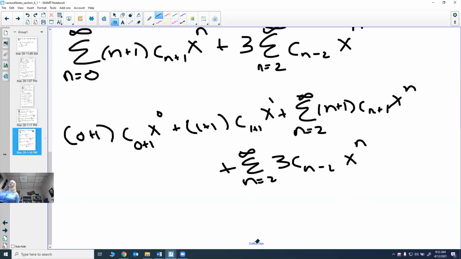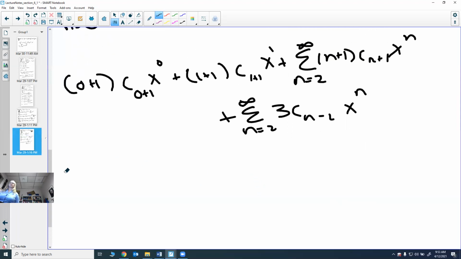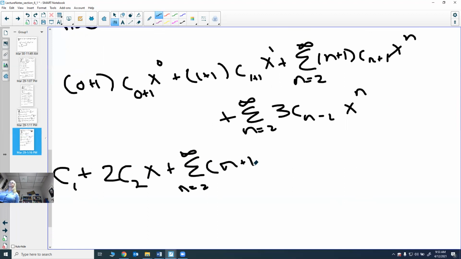So you can actually think about putting them together and factoring out. So now what I have here is 1 times c sub 1 times x to the 0, which is 1, plus 2 times c sub 2 x, plus the summation n equals 2 to infinity of n plus 1 times c sub n plus 1,